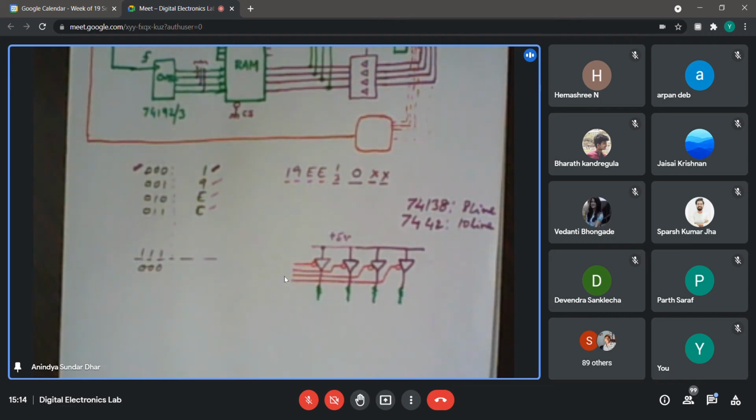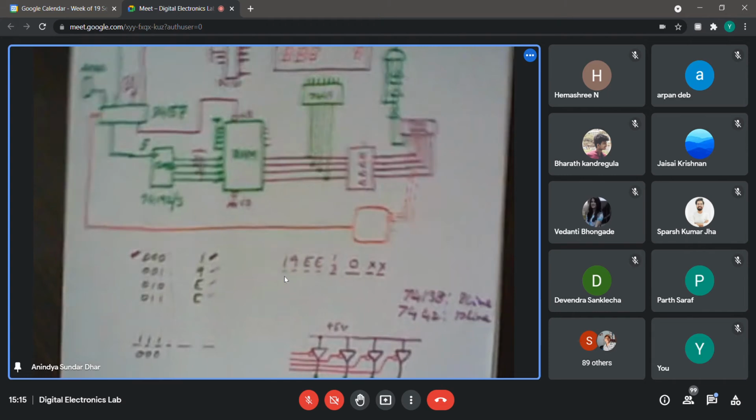Yeah, at a time only one of them will be active. No, that is fine, but the output is not derived from the input, right? So output current will not be limited even if you put something at the input, because the output is derived from the original power supply. It is not derived from the input. So if you put the resistor at the input, the final current will not be limited. It will still be full logic high with a very low impedance output. So I need to put that only at the output end. Anyway, you can try that one and see. So I believe the problem statement is clear, what you need to do.